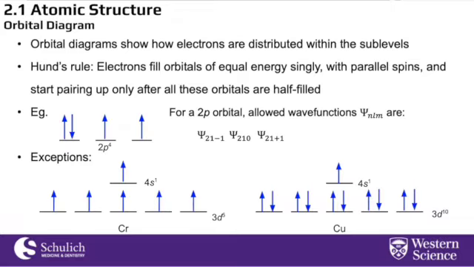So let's remember, you fill orbitals from the lowest energy orbital to the highest energy orbital, and within the same level, let's say the 2p level, you fill each orbital with one electron until every orbital in that level has one electron, such that they're all in parallel spin. After that, you can then start doubling up within the same orbital, and two electrons in the same orbital must